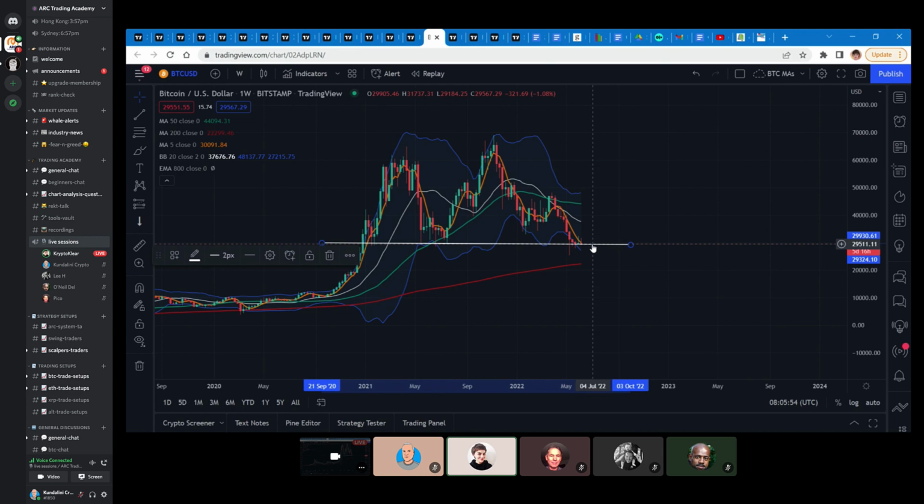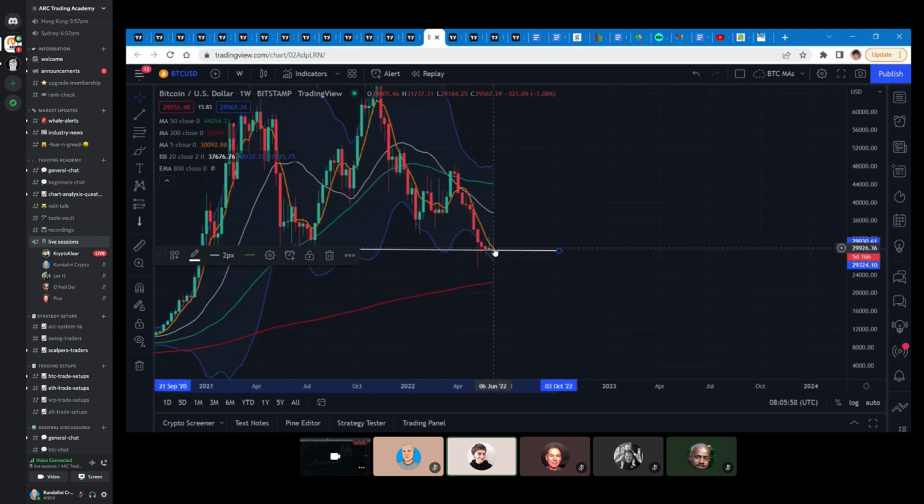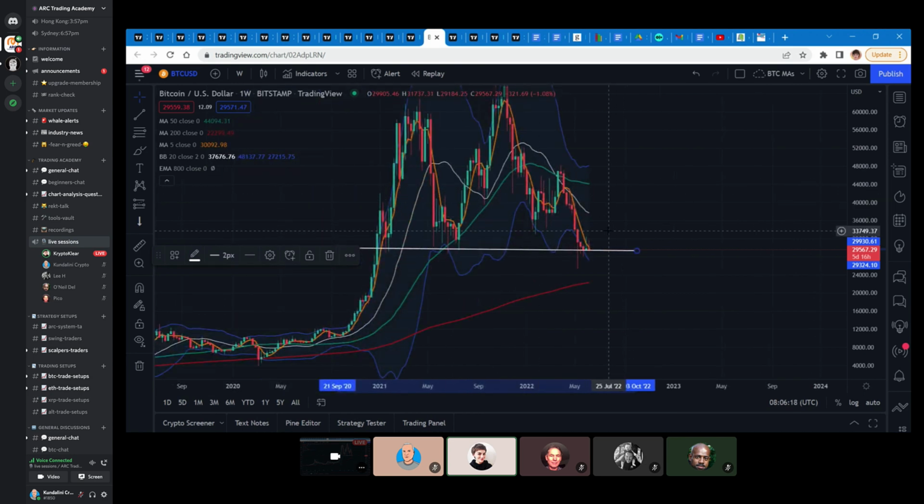Now, if we're holding this level for this week, and we managed to gain the 5 MA on the week, which has been for the past 9 weeks Bitcoin's nemesis, so we haven't even got above the 5 MA, I see the 20 at about 37, and then the 50 at about mid 40s being achievable targets. So we hold the 5. The next one is